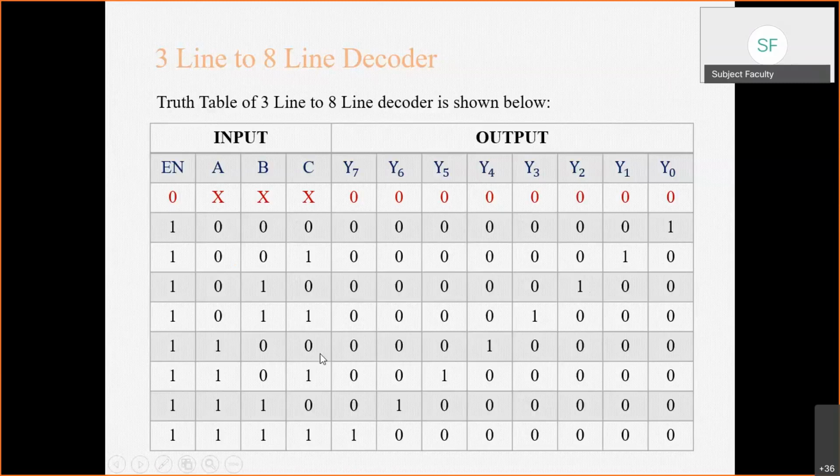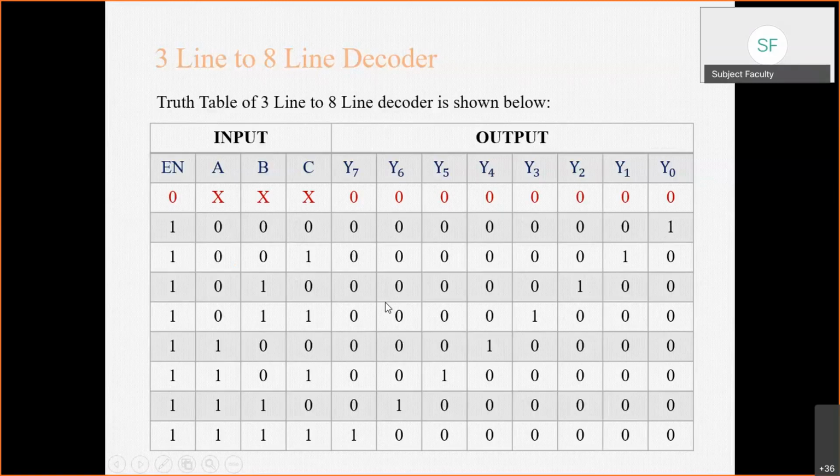So you might have understood where you can use the decoder. A decoder can be used in a circuit where multiple inputs are there, but you want to select only one output at a time. Only one output should be selected at a time. There you can use your decoder.